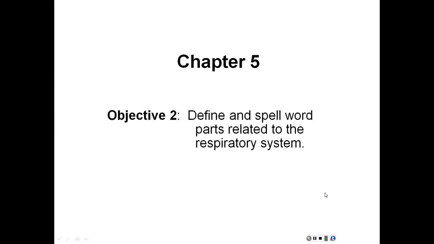Continuing with Chapter 5, Objective 2, we're going to define and spell word parts related to the respiratory system. So first of all, let's go over the combining forms of the respiratory system. We have adenoido, adenoids, alveolo, alveolus, broncho, bronchio, means bronchus, diaphragmato and phreno both mean diaphragm, epiglotto means epiglottis, laryngo,